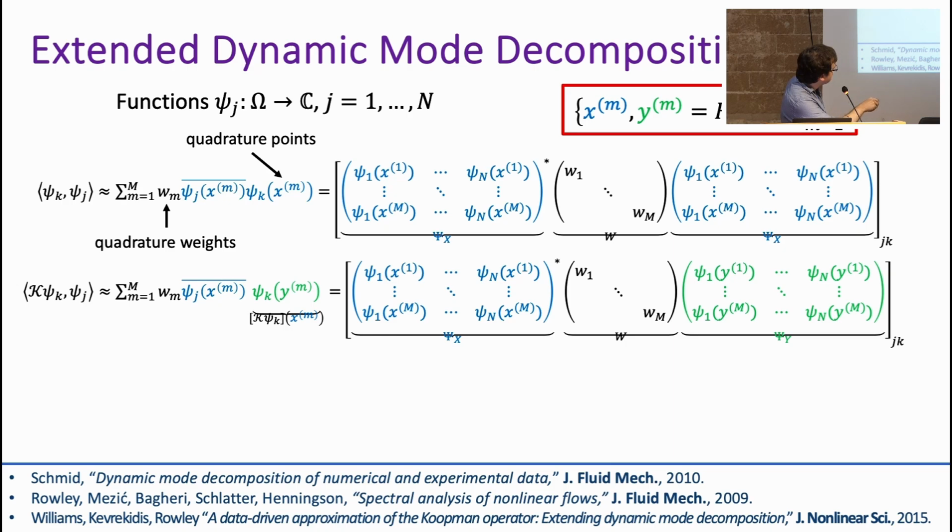So apologies, when I shifted the computer, some of these lines got shifted as well, but this is psi x. So this is the dictionary evaluated at the x points. Okay, so for example, if your system is ergodic and you're doing ergodic sampling along a single trajectory, these w_m would be 1 over m. Or if you have multiple shorter trajectories, then you might have a different quadrature rule, which can be beneficial in certain situations. Now, to get this other inner product here, we need to replace this by the composition of psi k with the unknown f. Fortunately, we have the y points. Okay, so now we have quadrature points here for this composition, this green.